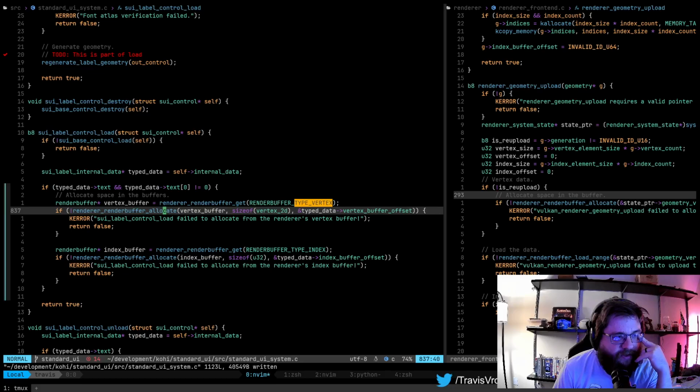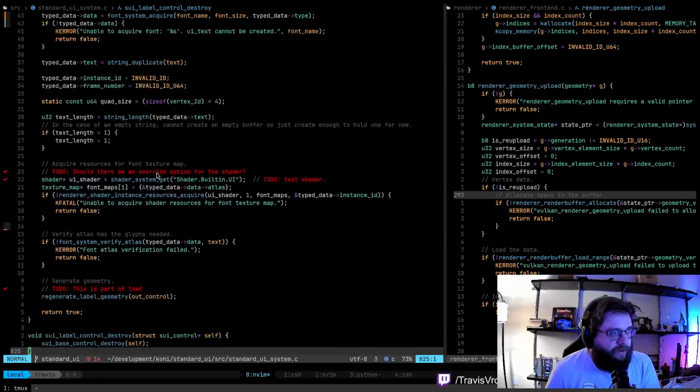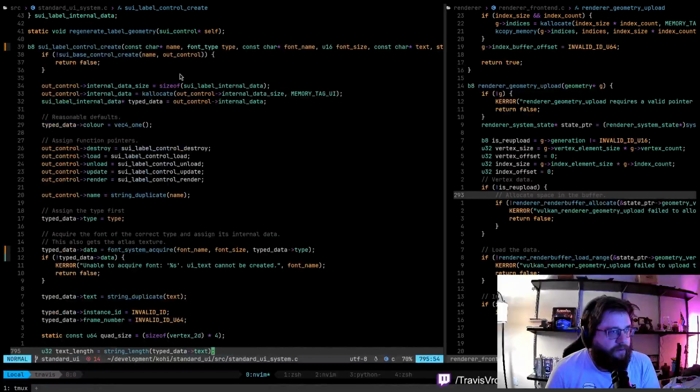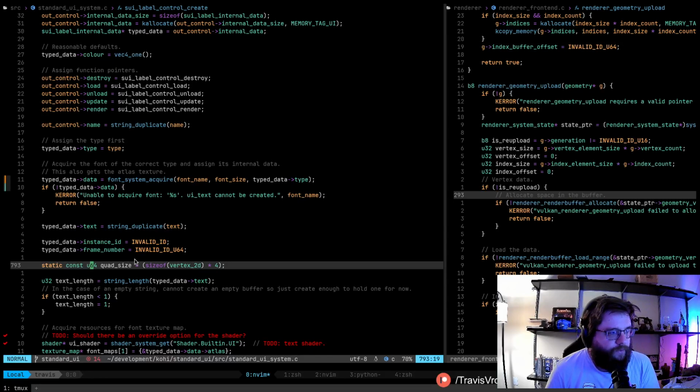Not completely, though. So we need the size, right? But we also need the length of the string, right? So actually, oh, right, we need to take the quad size into account. Didn't we have quad size up here already? I thought we did. There it is.